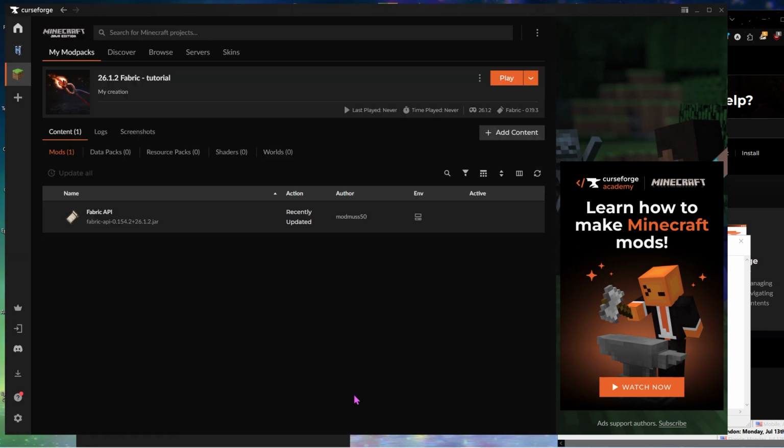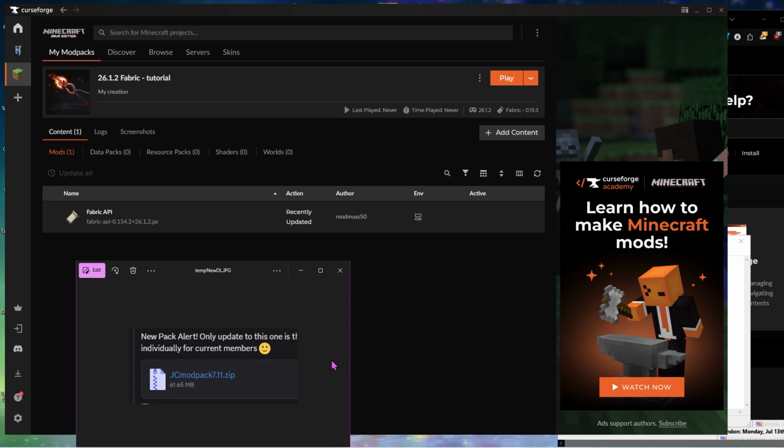Now we're on to the fun part, adding the mods that you want to use. So this is going to vary server to server. What I would recommend doing is checking their Discord to see if they have a list of mod packs that you need. Or, for example, you might come across a zip folder. I'll show you a screenshot. You might come across a message such as this: a mod pack in a zip file. If you trust the server and you know it's safe to do so, click on that.